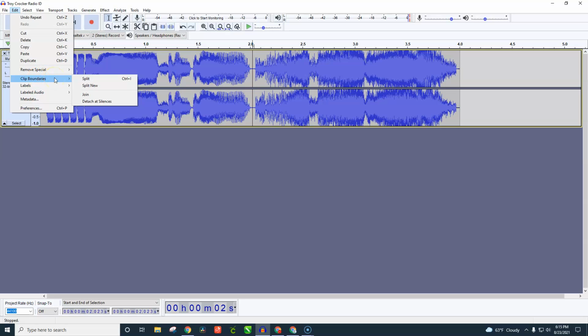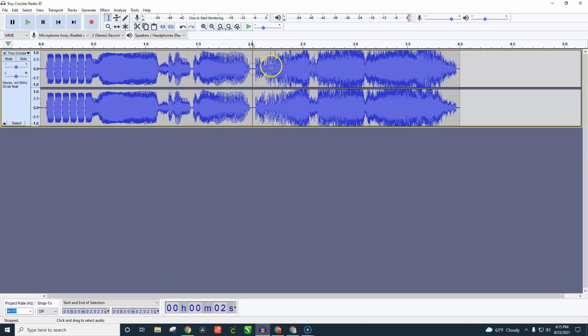So I don't know. Audacity uses a lot of weird terminology. It's a free program. It's not that great, but we just have to figure out where things are. You can actually do Control I to split it. So Control I, think of the I as kind of like your cursor. You're just going to cut it right there. That's probably a pretty easy way to do that. So if I just want to select it there and press Control I, it splits it.